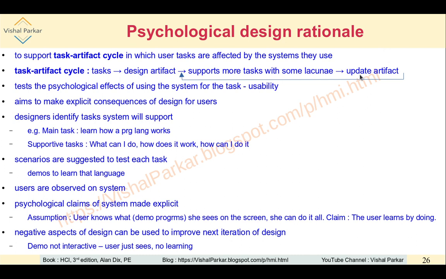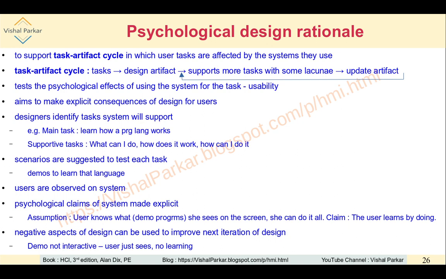When we have got that updated artifact, that updated artifact is found to support even more tasks, with the initial task and the additional task. Now whenever it was updated, it is identified that it supports all those tasks, but with those updations in the design, it supports still more tasks which were not identified previously. And this is what is called the task artifact cycle. It continues. So there will be some modifications for the limited task, and it will support even more tasks, and the cycle may go on.